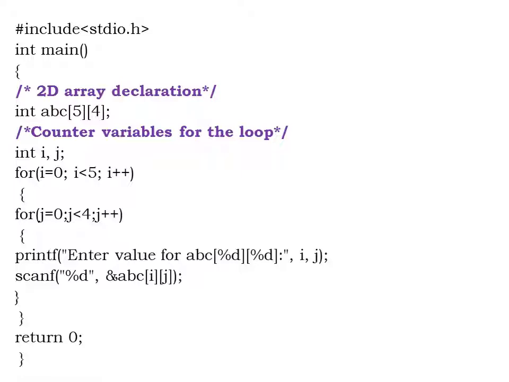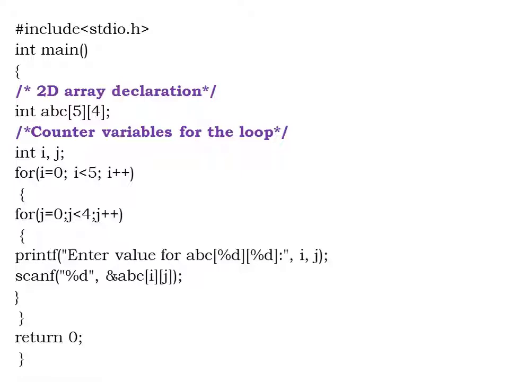So we have a nested for loop here, and you can see once we run the program, for i equal to 0, 0 is less than 5, i plus plus, that is 0 plus plus, we enter into the inner for loop. So the frequency of the outer for loop will be less compared to the inner for loop. Once the inner for loop condition gets false, then we move on to the outer for loop.